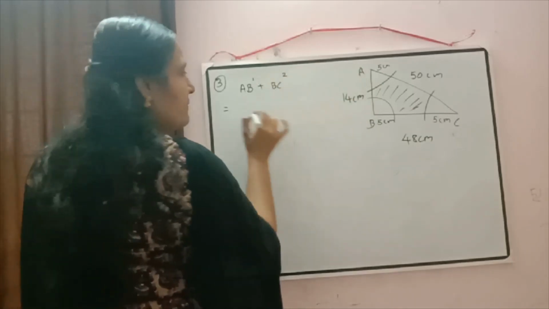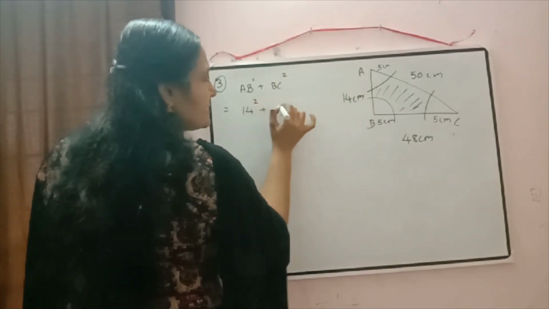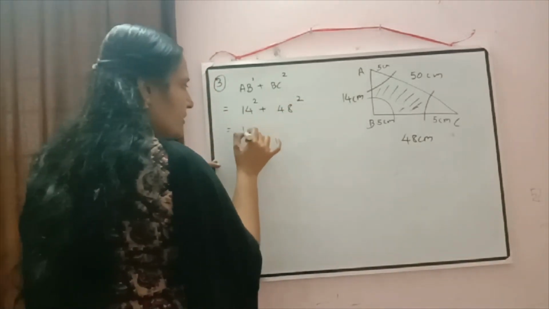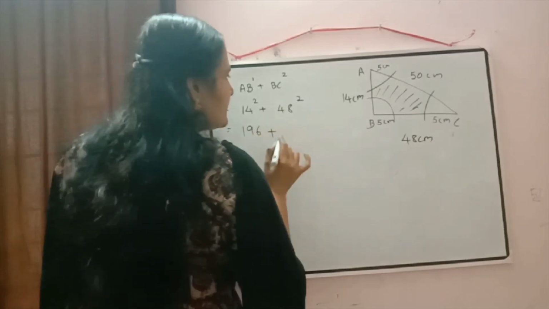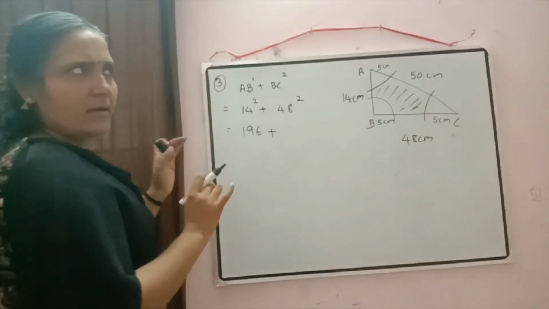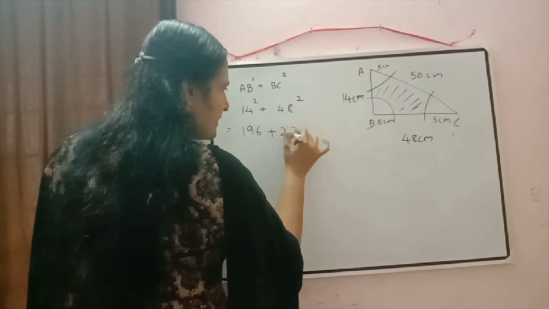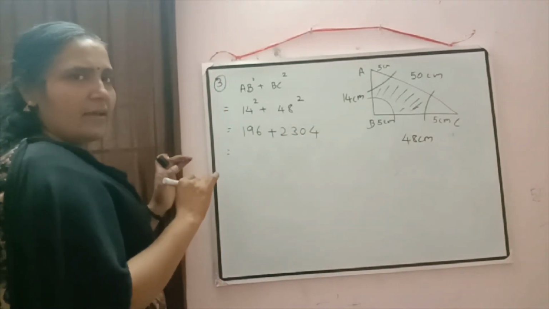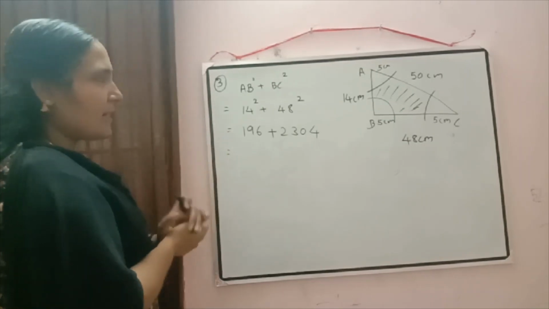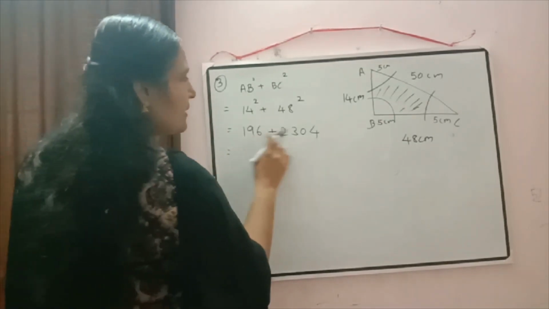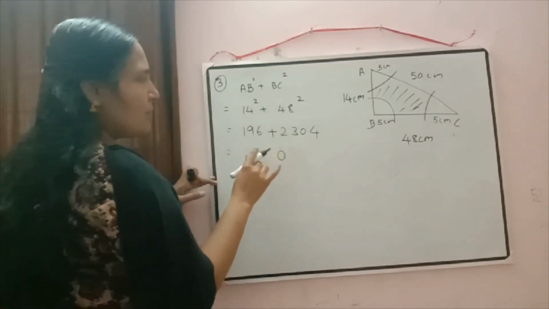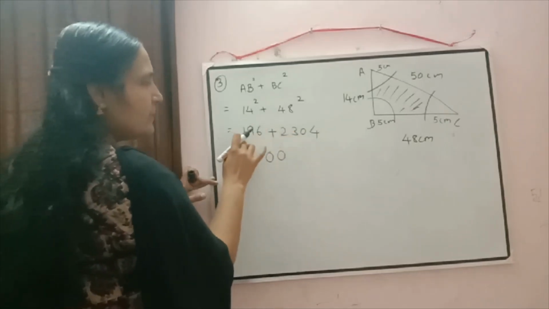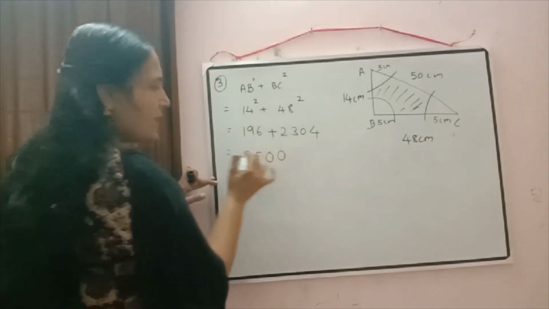We are checking. Okay. So 14 square plus 48 square. What is 14 square? 14 square is 196 and 48 square, I think that is 2304. Okay. Just check. I think it will be correct only. Now just check what will come. 6 plus 4, 10, carry over 1. 9 plus 1, 10, carry over 1. 3 plus 1, 4, plus 1, 5. So we are getting here